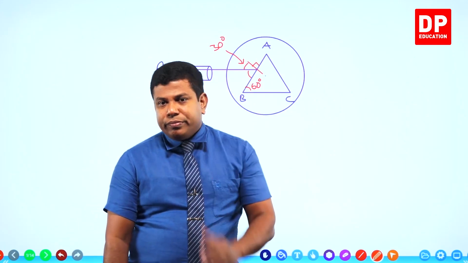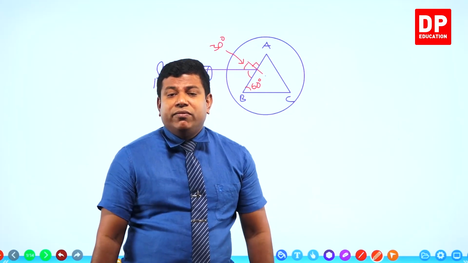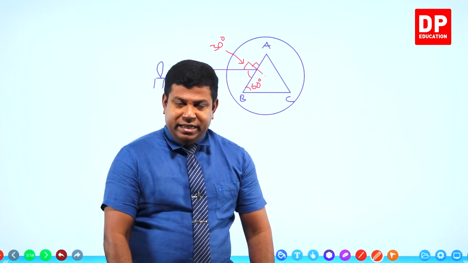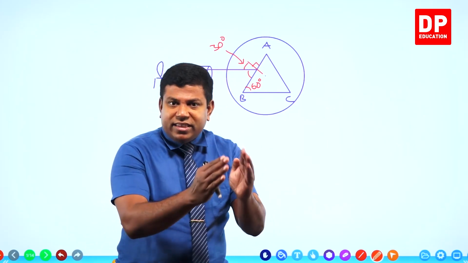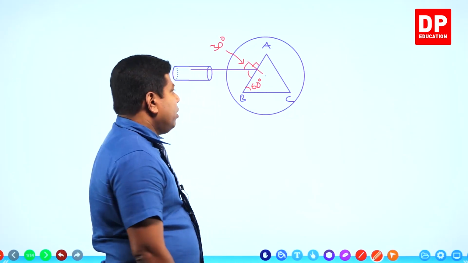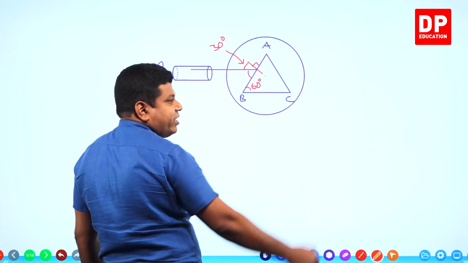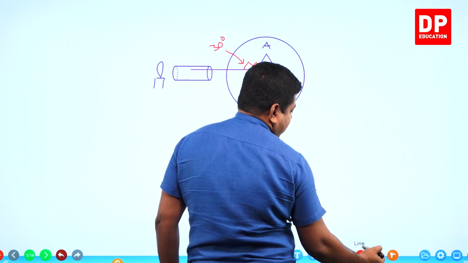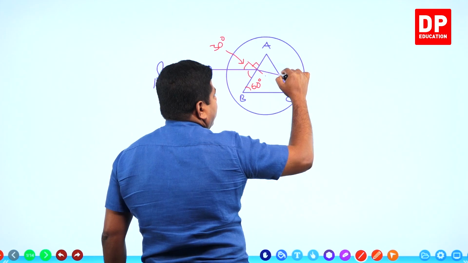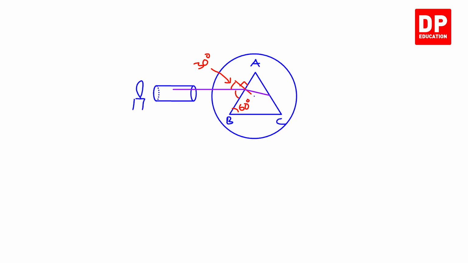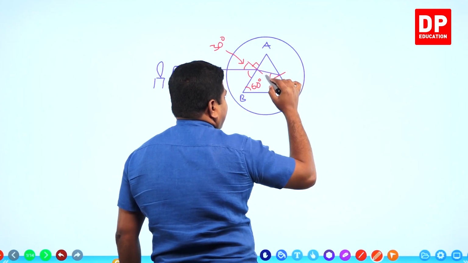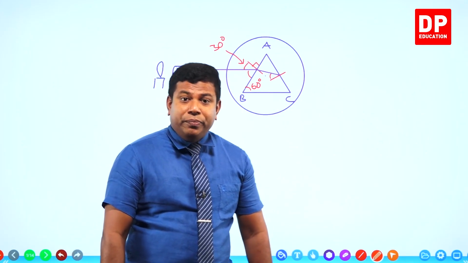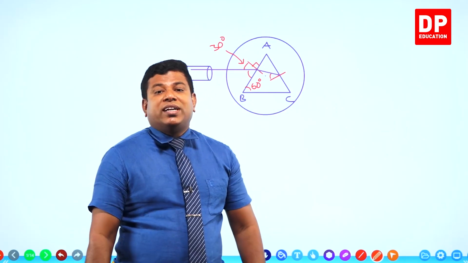Do you remember when we did the minimum deviation experiment with the optical pins method, the traditional method, without the spectrometer? When I did the experiment, I explained you, when this is 30 degree or less than 30 degree, what will happen? The refracted ray, when it reaches the other surface, the angle it is going to make here, I am talking about this angle, the incident angle on the second surface will be critical angle. It will be close to the critical angle.